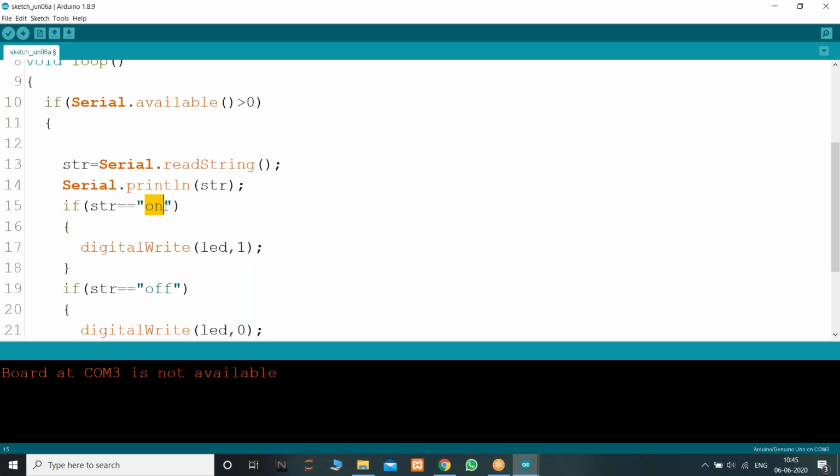See here, we are controlling an LED, but we can control any AC appliances, any appliances working on alternating current of 220 volts. You can control those by using relays. So there is no limitation that we are getting only 5 volts. So how can we control appliances that work on 220 volts? You can control any devices simply by using relays and other circuits. There are no such issues for controlling these devices. Am I clear with that?